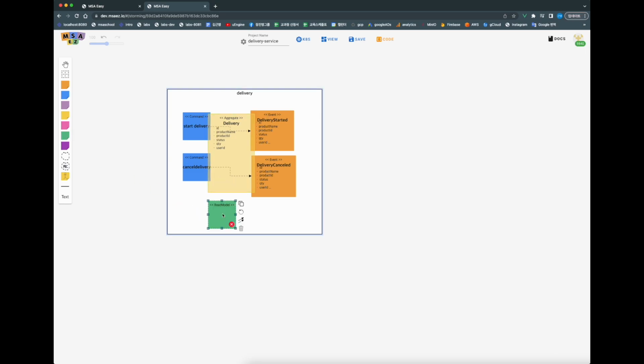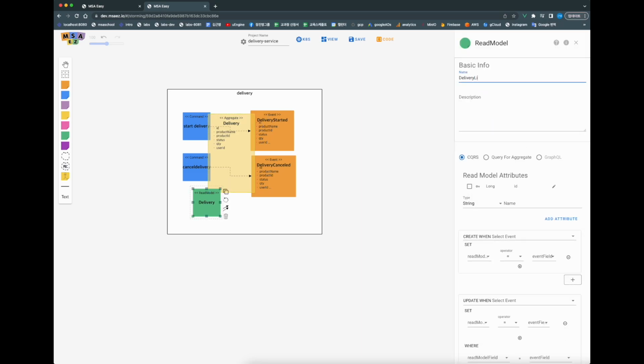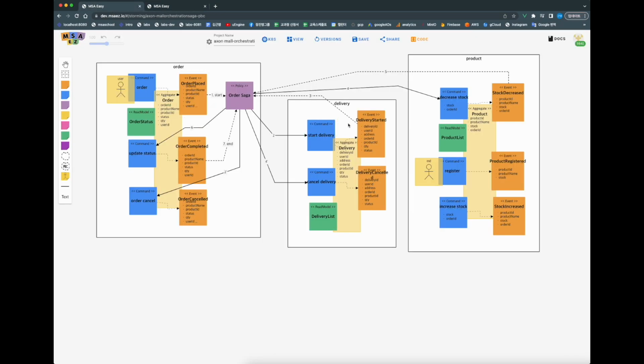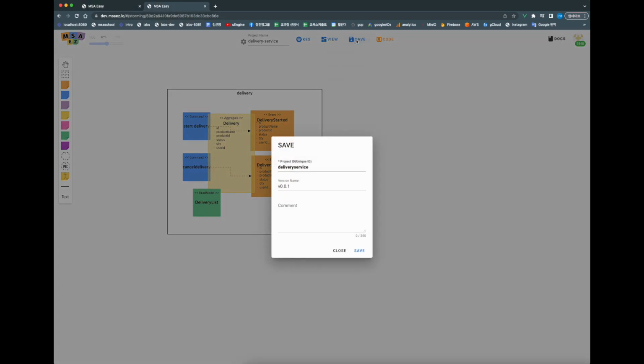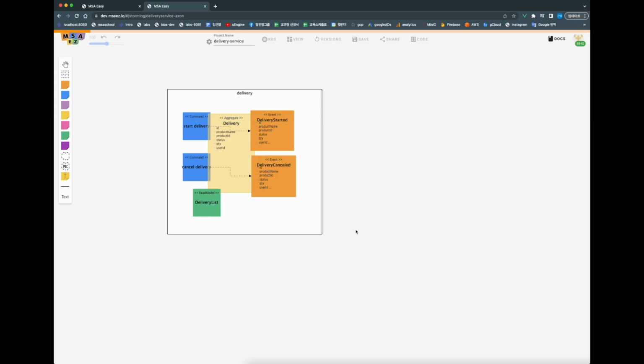And then it needs a read model to show the delivery list and check query for aggregate. Now this is the new model we have created to put it in as a PBC to our previous model, which means I will delete this delivery bounded context and bring this new model into our previous model and make it work the same. So I'll save it on my server. And then I'll move on to home page,